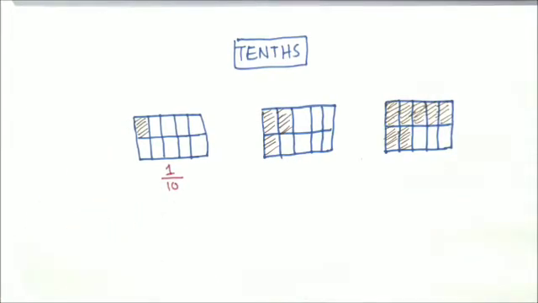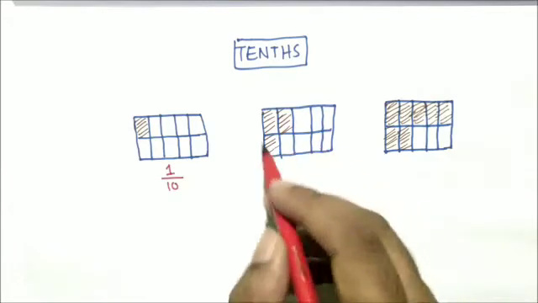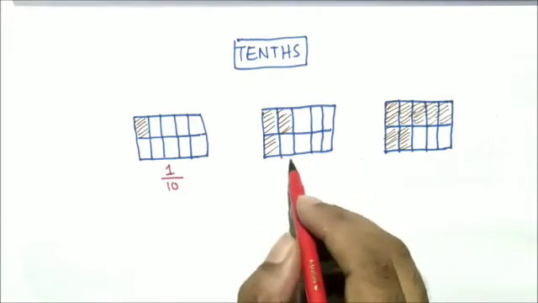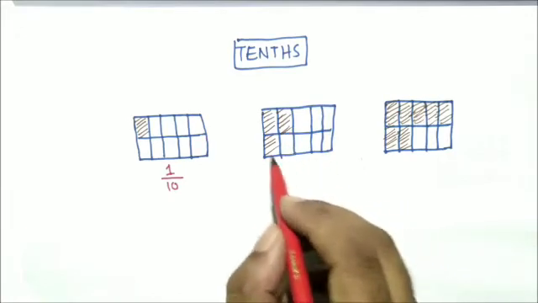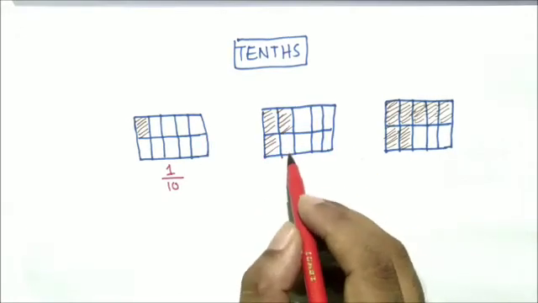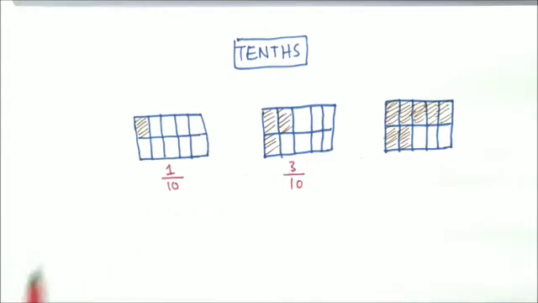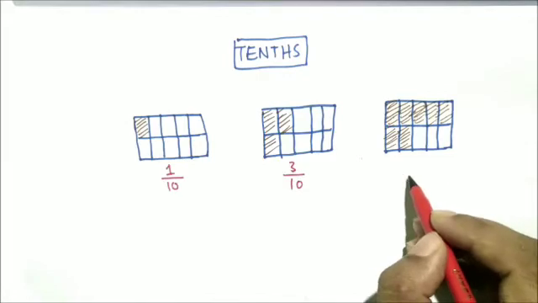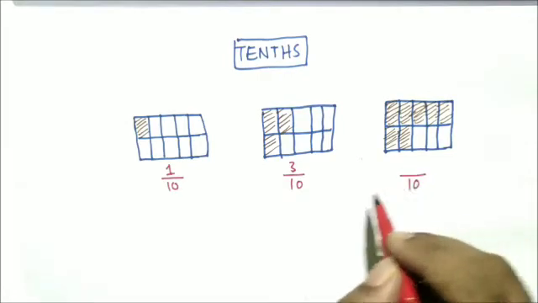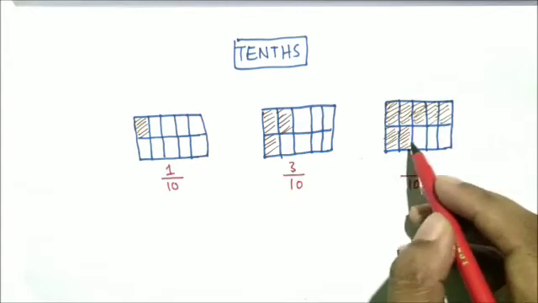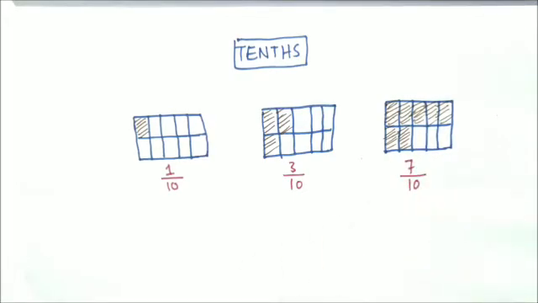Yes or no? Yes. So similarly, what can we write here as a fraction? You can say here it is 10 equal parts, all are equal parts. Out of those 10 equal parts, three parts are shaded. And similarly here, out of the 10 boxes, 7 boxes, 1 2 3 4 5 6 7, 7 boxes are shaded. So 7 by 10. So these are the fractional forms of my drawn figures.